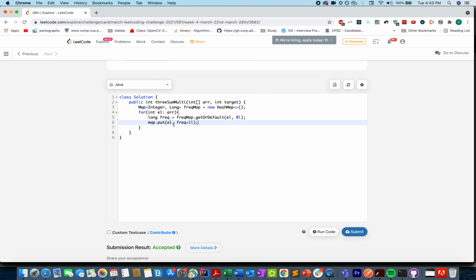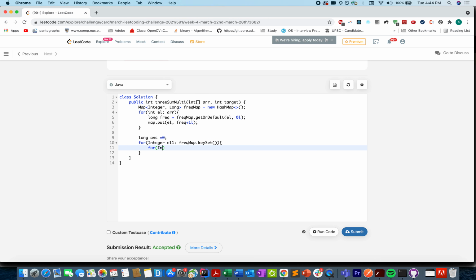So I updated the frequency one higher than the previous one, and let's iterate over all the keys in the map, integer EL1, and let's call the variable element 1, frequency map dot key set. Before writing the inner code, let's define an answer variable where we are going to store the answer.